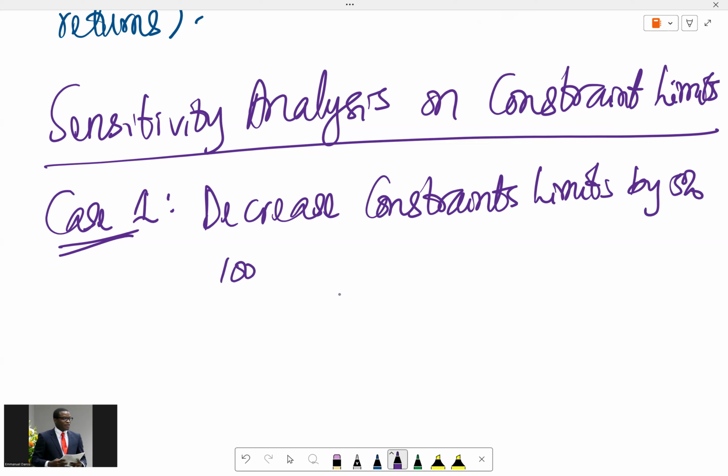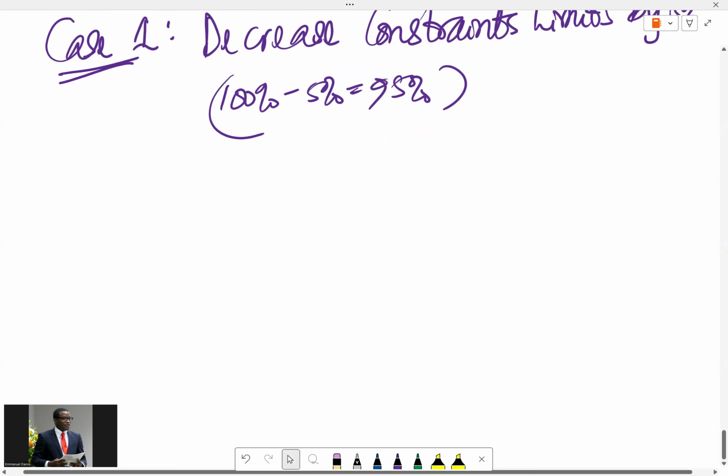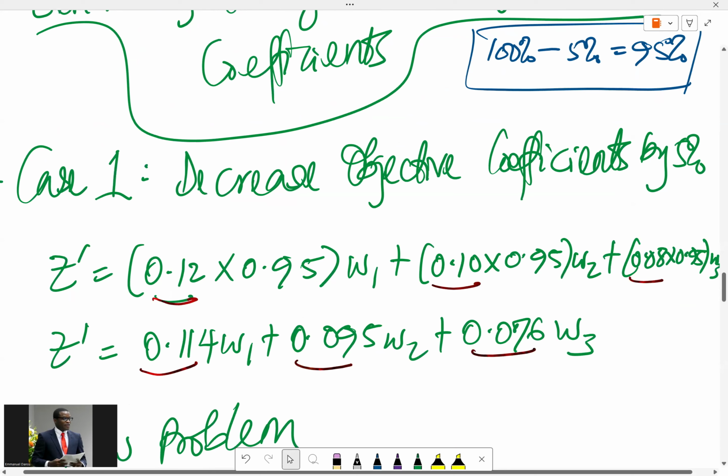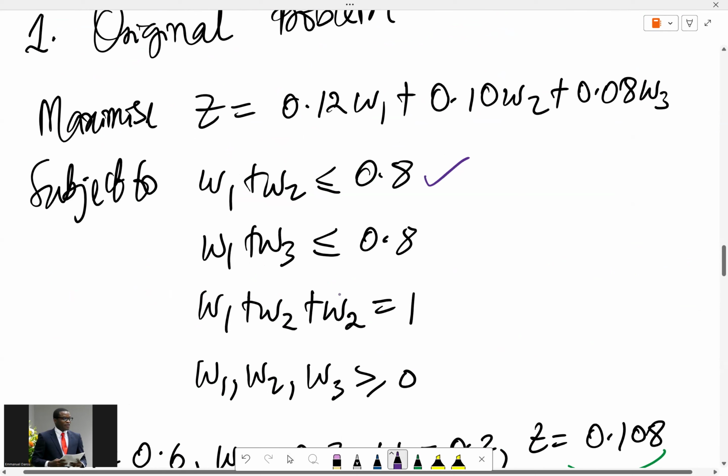Of course, that's 100% minus 5%. That means each of the constraint limits is now going to be 95%. So it's more like you're shrinking the feasible region. What that simply means is this. The original problem, we have to always make reference to the original problem, has 0.8, 0.8. So you are shrinking those. Of course, you cannot shrink this one because everything still has to add up to one. So you're only shrinking those 0.8